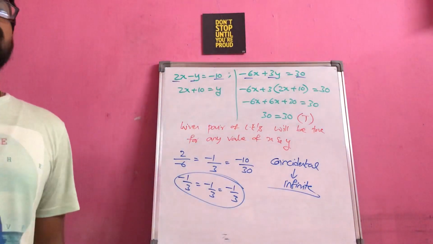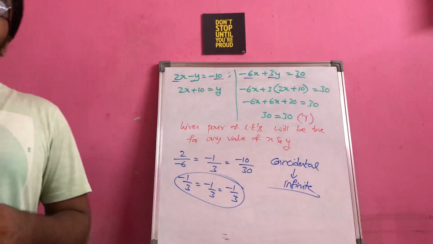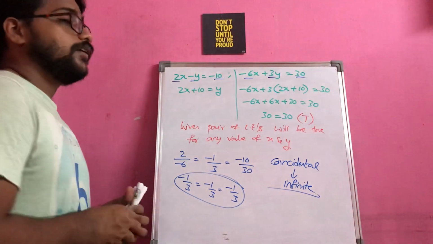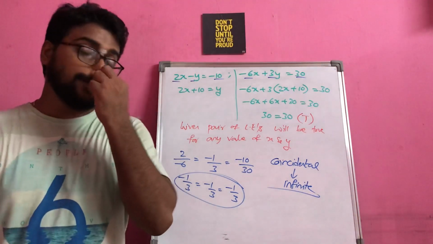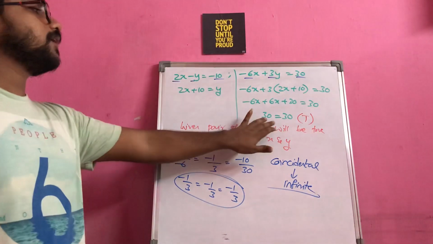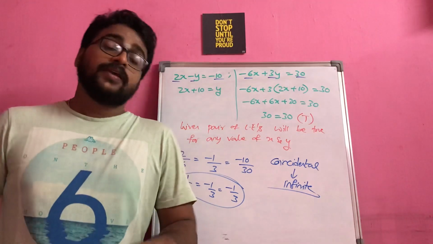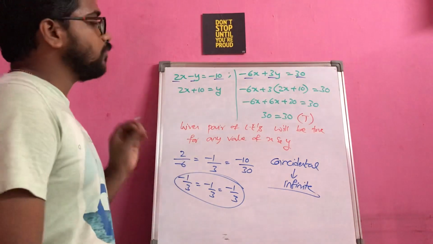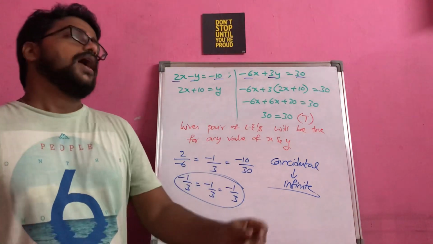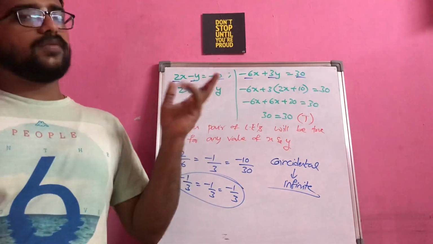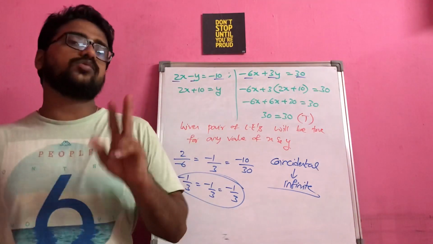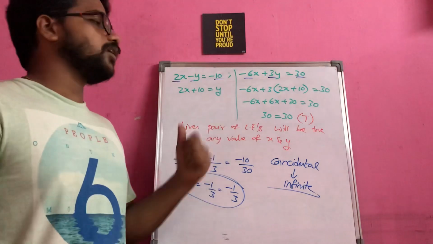Have you understood? So this is important. That's why I said we are going to discuss individual methods separately, because you should not get tensed after getting this type of results and variables are getting cancelled out. You should be able to come to a conclusion why it is happening in this way, and whatever relation between the numbers that you are getting, is it true or not, accordingly you have to come to a conclusion.